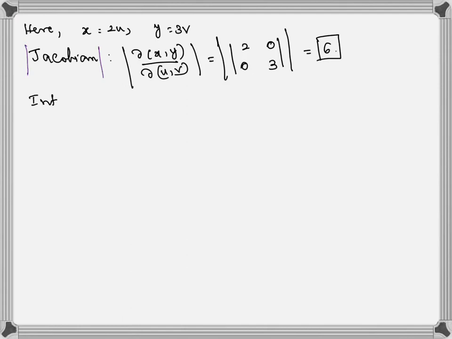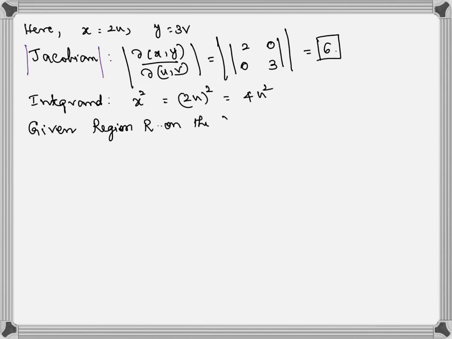Now, the integrand is x squared. So in the new transformation, it is (2u) squared, which is 4u squared. Given the region to be a planar ellipse, which is 9x squared plus 4y squared equals 36,